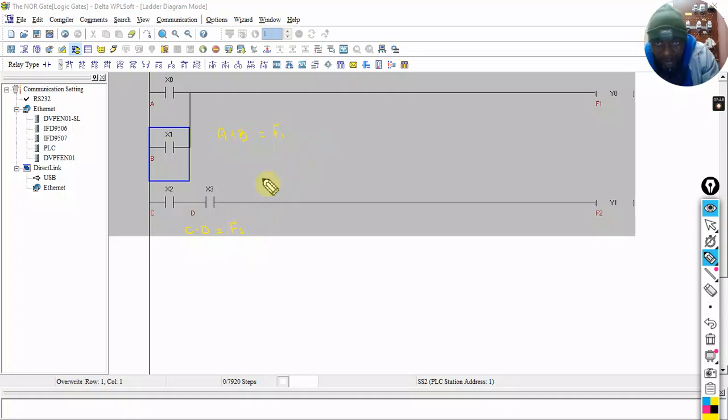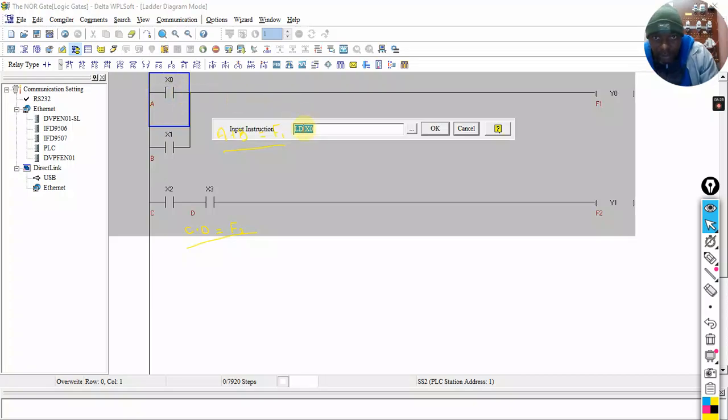So this is an OR gate. The plus symbol is used for OR. And this is an AND gate. So what it means here is, we want to change the type of these inputs. Instead of normally open inputs, instead of XOR being normally open, let's see what happens if we change these to